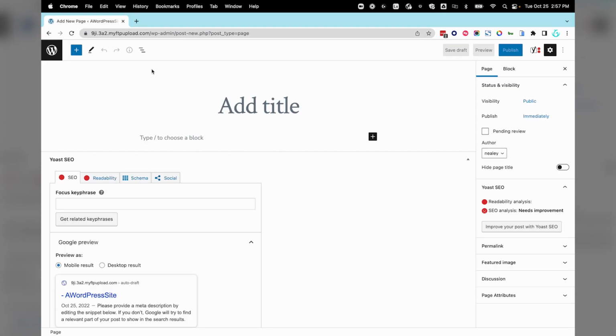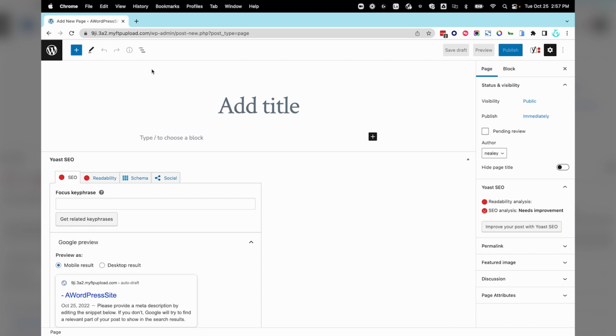WordPress has great tools that allow you to create any type of layout that you can imagine. It uses blocks to help you build engaging content. Blocks allow you to insert, rearrange, and style multimedia content without having to learn how to code. It's literally drag and drop.